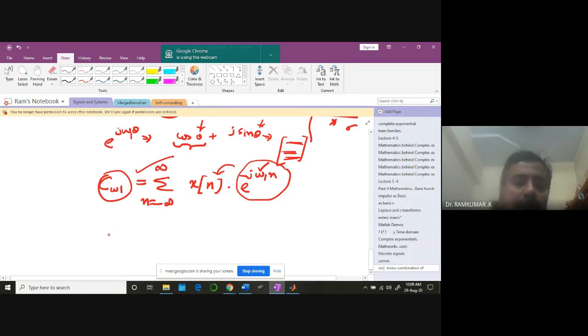But can you tell me, when I'm going to finally collect my x of n back, how do I write that? From this, which is called the frequency domain, what is the equation for x of n? Can somebody help me out? What is the first value? When I'm going to plug in some values here, for example X of omega 1, what will I be multiplying it with? What will I be multiplying it with?